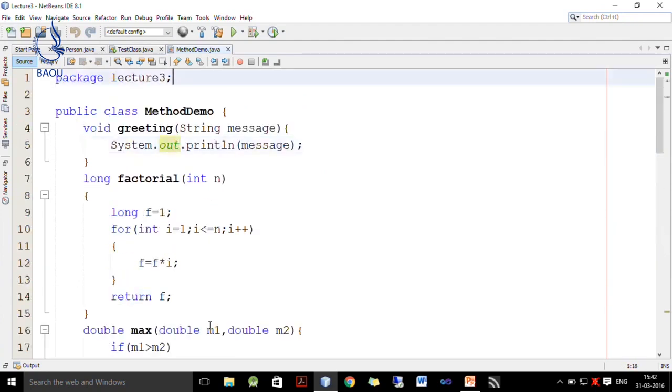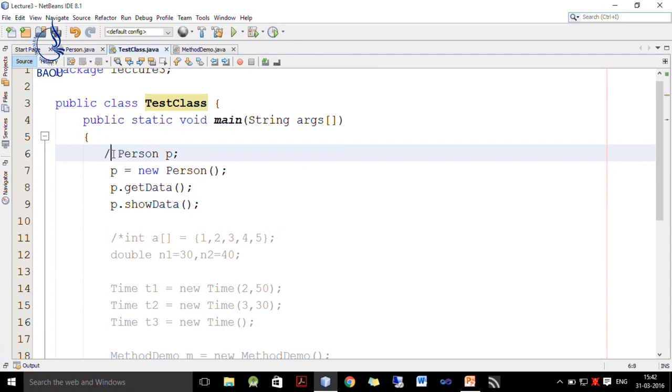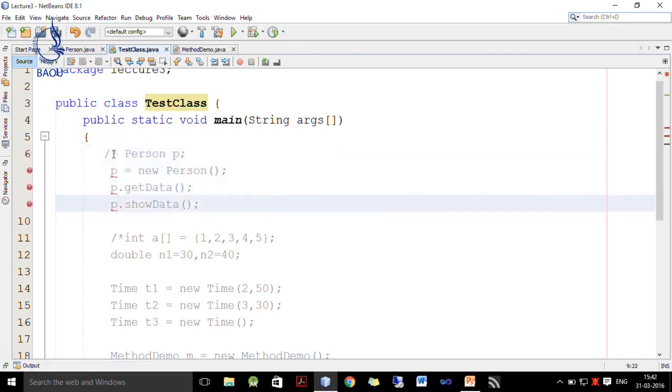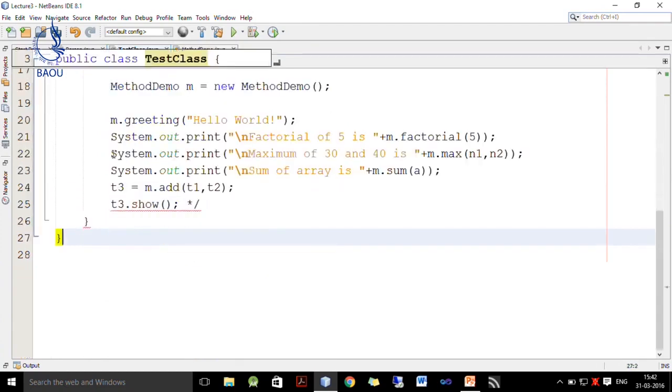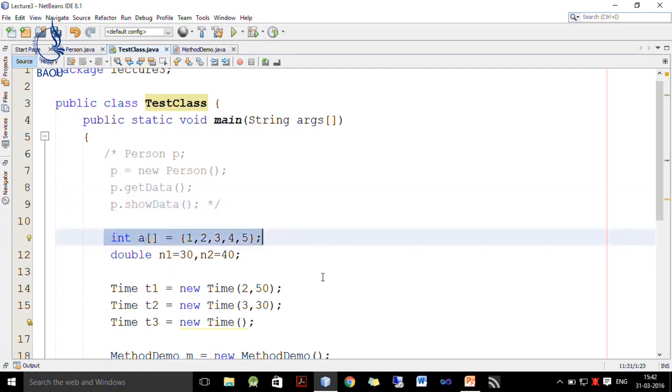Now, we want to test these methods inside our test class. So, we go to the test class. Now, I comment out this person class and uncomment these. Here we want to find the sum of these elements.